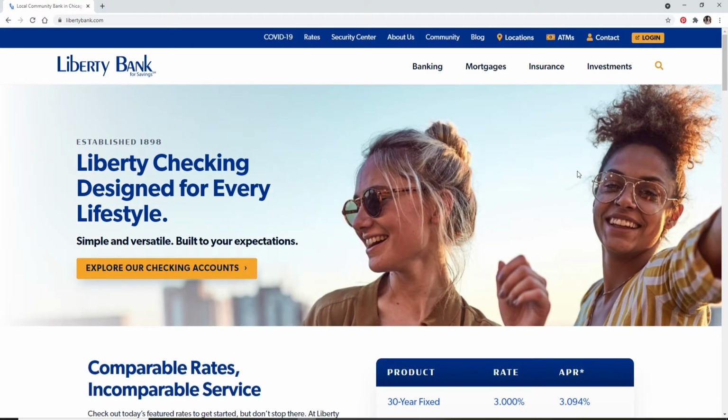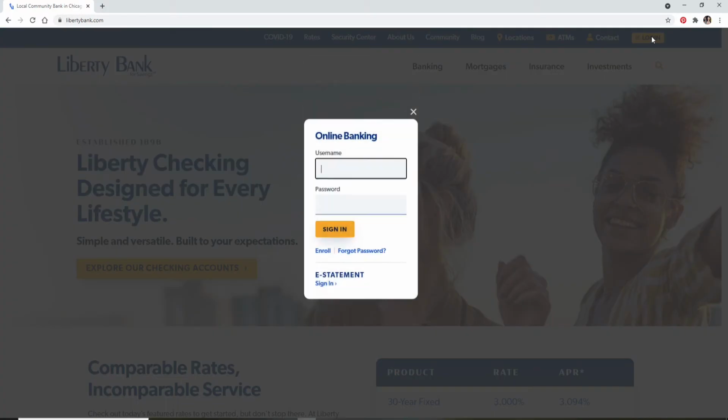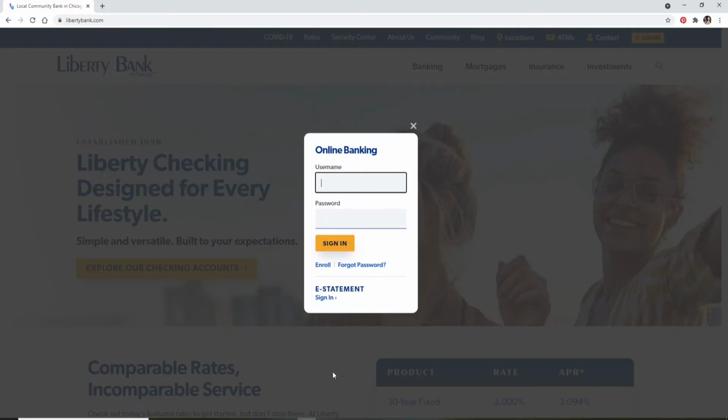Now, in order to log into your account, simply go ahead and click on the login button at the upper right corner of the screen, and there will be a pop-up where you can sign into your account by entering your credentials. Start by entering your username in the first text field you see. Once you type in the username, move on to the next field and type in the password associated with the